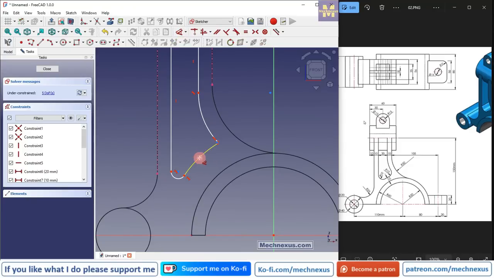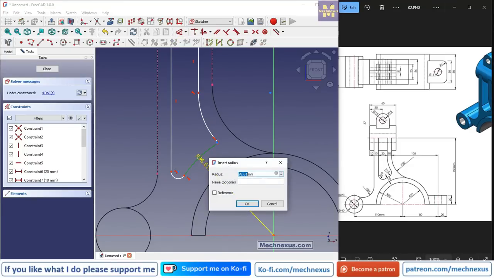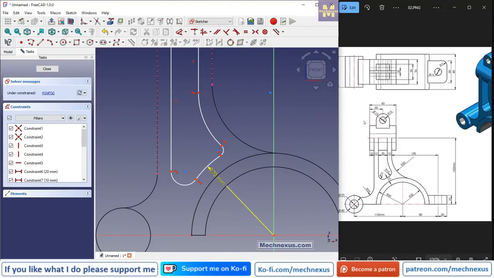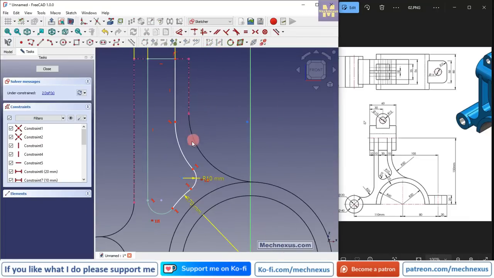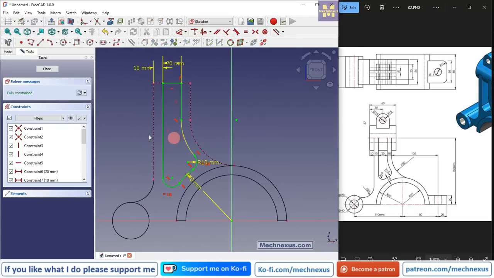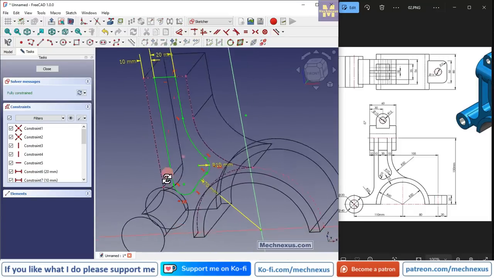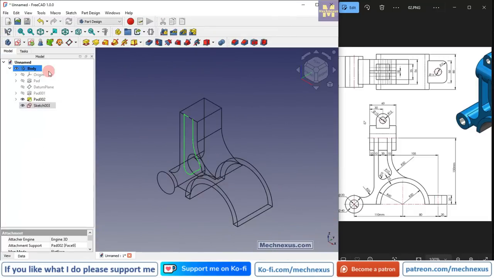Select smart dimension, and it should be the 70. This is the R10. Now select this and add equal constraint, and here we will project this arc, and we will add this and this as a coincidence relation. So our profile is fully constrained. We will come out of the sketch,